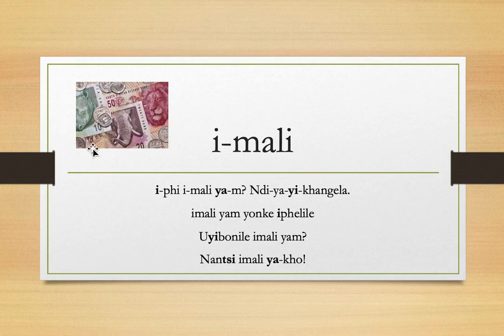So the first noun class starts with I, and many borrowed words belong to this noun class. If you don't have a prefix for a borrowed word, you can't use it in Xhosa or in Zulu. It wouldn't be grammatical. That's why all borrowed words have to get some or other prefix to belong to one of the noun classes. So with imali, meaning money, we have Iphi imali yam, where is my money, or literally it is, where, money of mine.